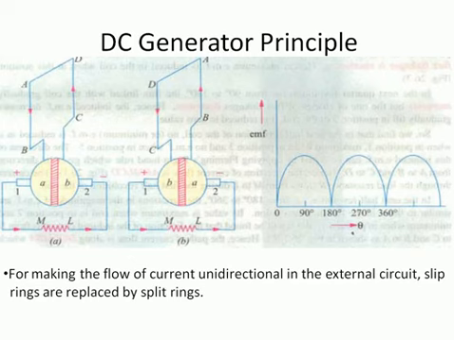Please don't get confused with the direction of induced EMF in the case of a generator and a motor. In the case of a generator, always keep in mind that we use Fleming's right hand rule, whereas in the case of a motor we use Fleming's left hand rule. Generally, the working principle of a DC generator with its construction is asked in university exams, that too in the essay portion, meaning it will be an essay question. So please understand this thoroughly.